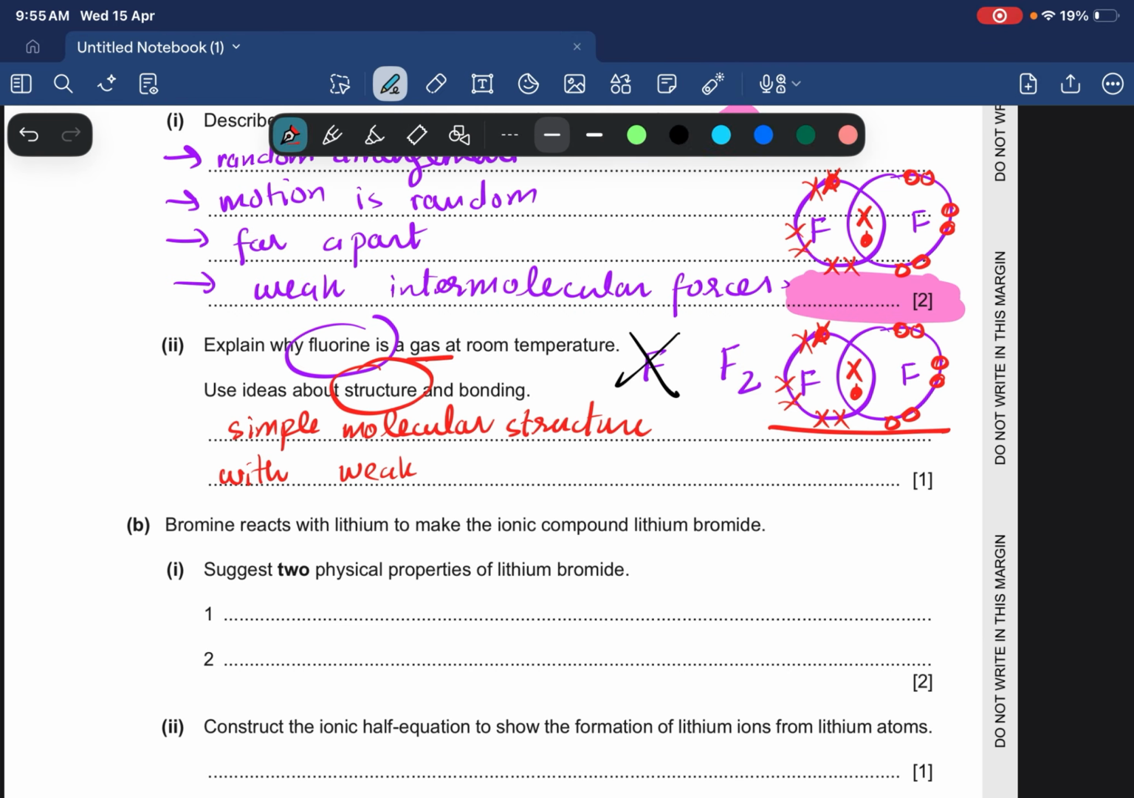with weak intermolecular force of attraction,